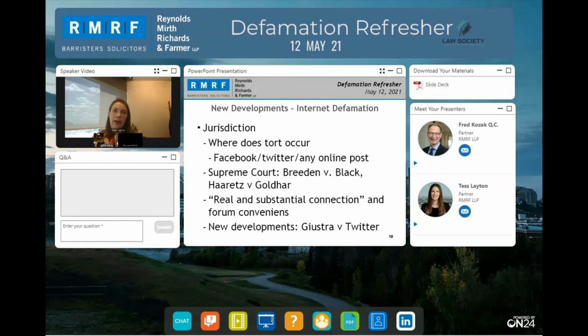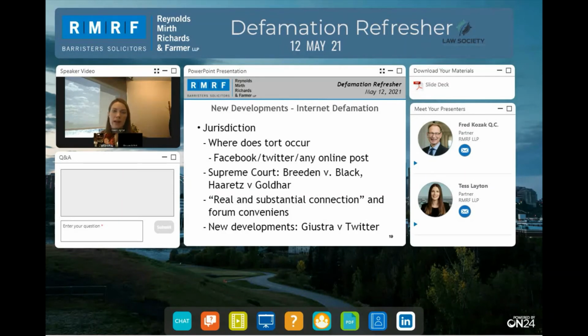And the Supreme Court of Canada applied a two-step jurisdiction analysis. The first step talks about jurisdiction simpliciter. So essentially whether or not there's a real and substantial connection between the lawsuit and the jurisdiction. So the lawsuit and Canada. The plaintiff has that onus to establish that there is a presumptive connecting factor. So the court looks at things like the defendant's residence, where the defendant carries on business, where the tort was